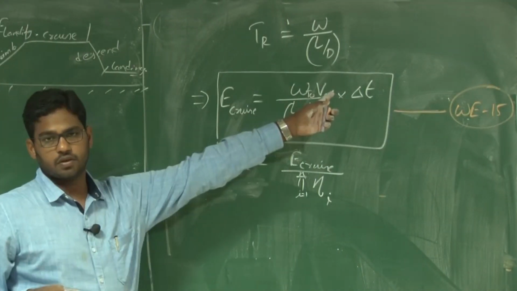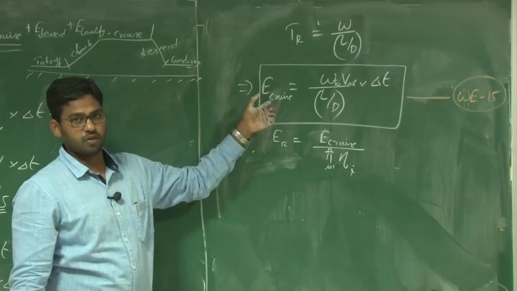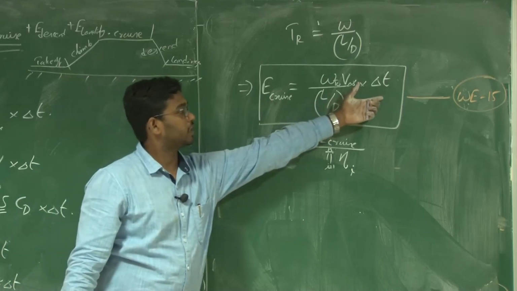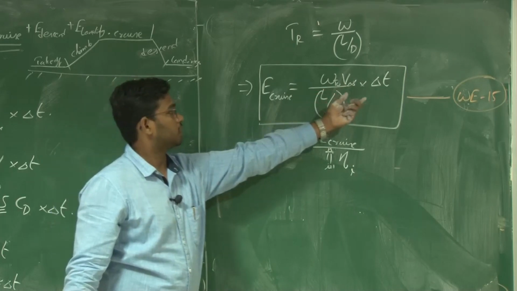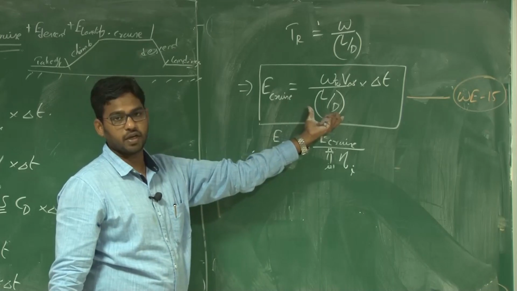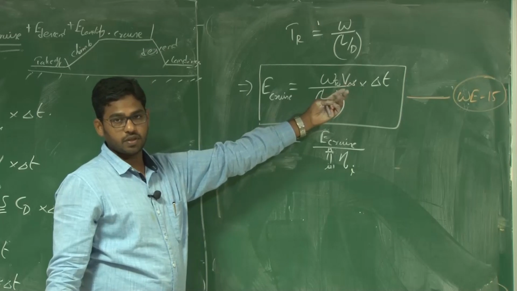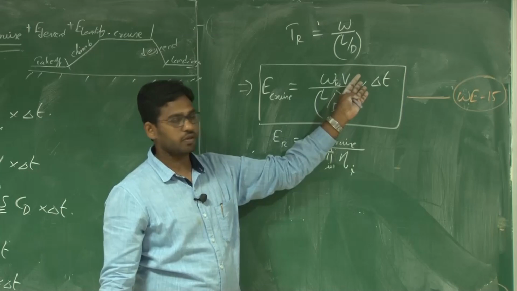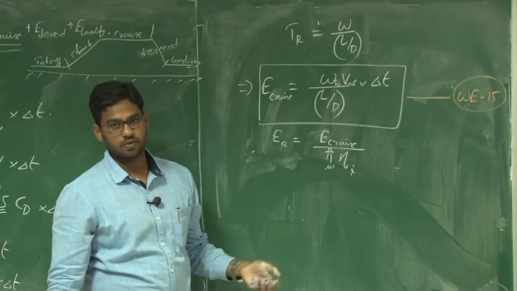Say the cruise is at a constant velocity. For the same time of flight, if you want to spend minimum energy, all you need to do is fly at maximum L by D. You have to fly at the corresponding V infinity as well, the V infinity at L by D max.